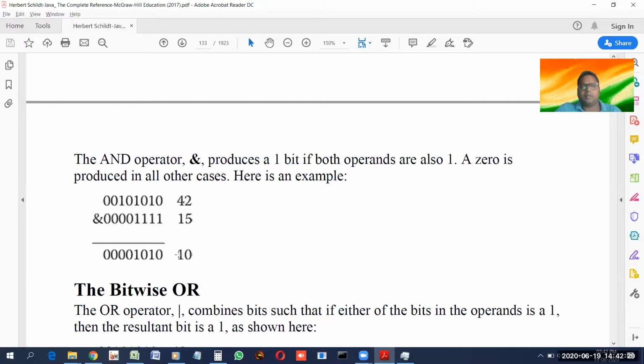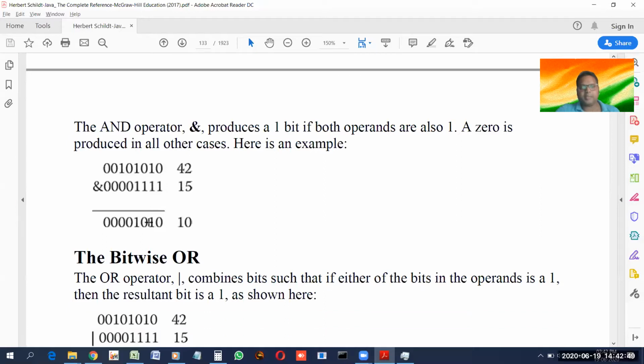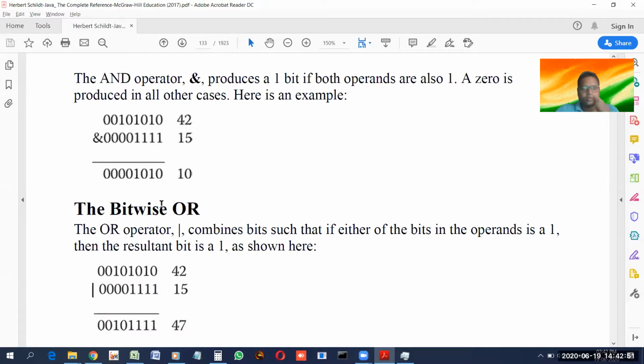Now you'll think, what happened when we got 10? It's not the summation, not the difference. What is this? So again, I'm telling you, just wait and watch. You will understand it slowly, not in one go. So dear students, we'll see the other operators also work the same way.